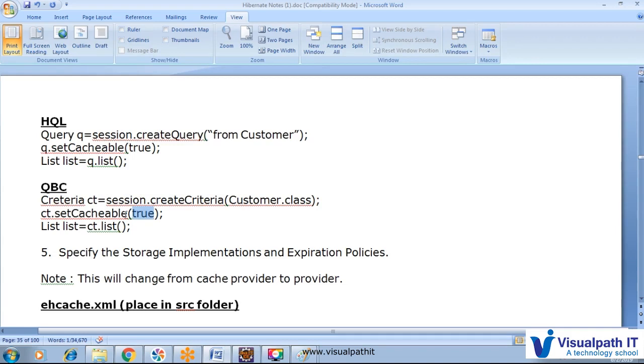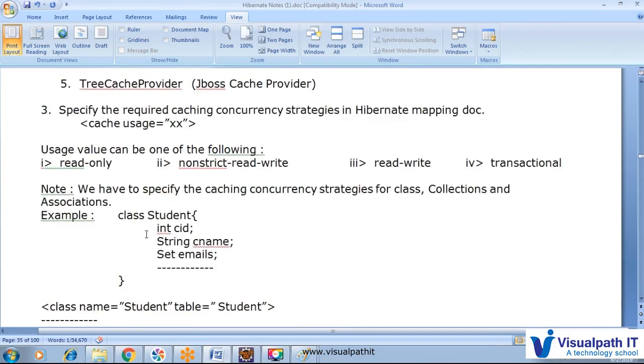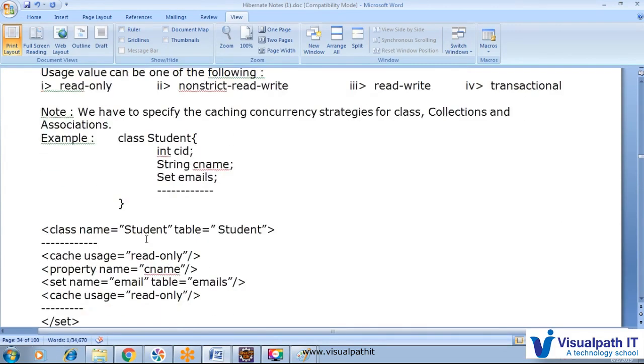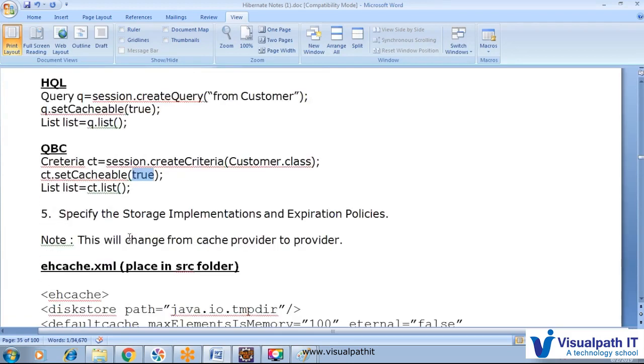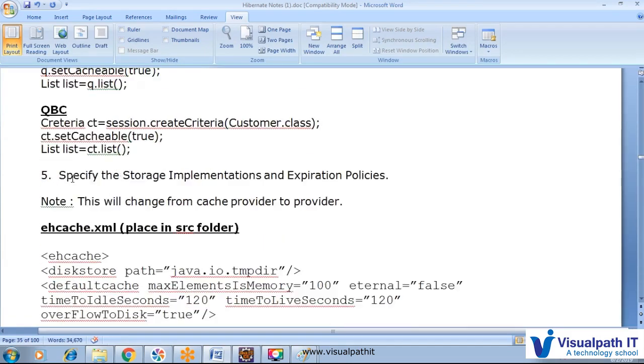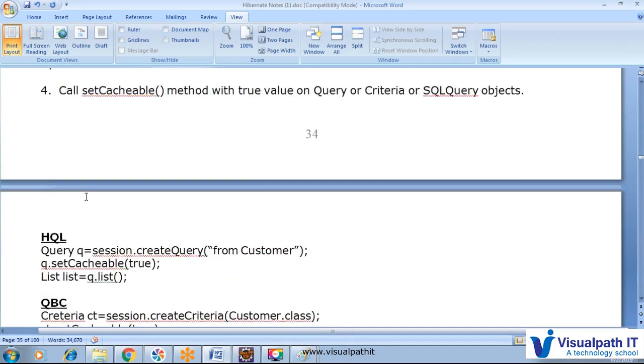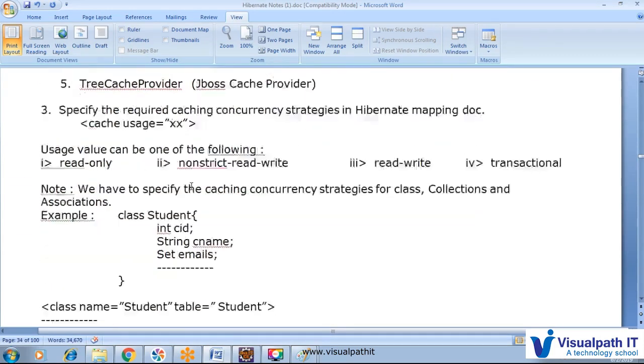By default this query cache is false, it is disabled, so we have to enable it, and we can utilize it in HQL and QBC like that.